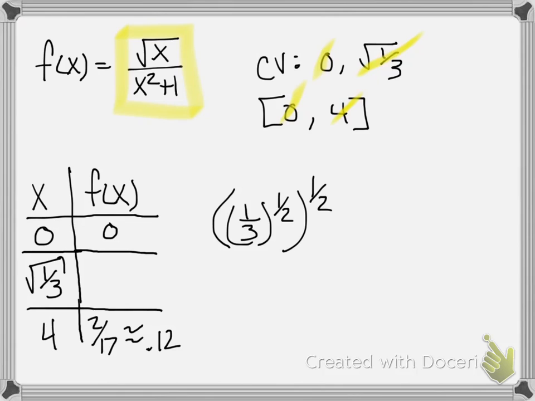Now that's basically saying taking the square root of the square root of 1/3. When you have an exponent on an exponent, you just multiply them. So it's going to be 1 over 3 to the 1/4, and that was over